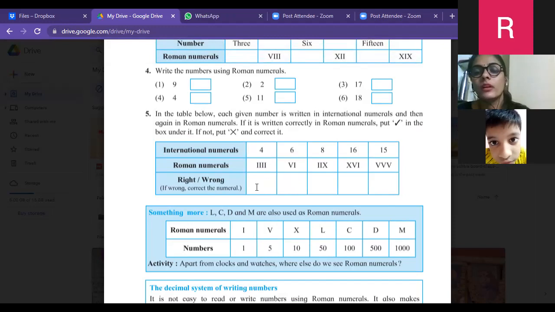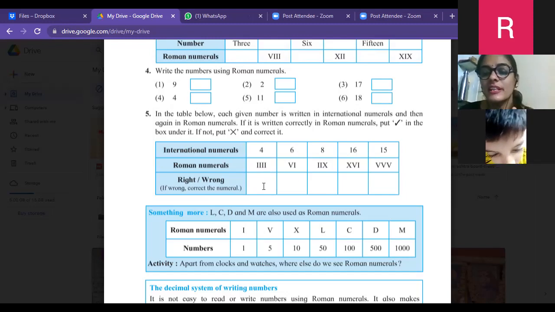बोलो. आपको इंटरनेशनल न्यूमरल्स दिख रहा है? Yes, teacher. 4 you can see. Roman numerals can you see? Yes, teacher. So is it written correct or wrong? That you have to say. Is it correct? No, teacher. They have written I four times. So can we write I 4 times? No, teacher. No, it is given wrong. How can we write? I and V, right? So write down there, it is wrong. Put it wrong.